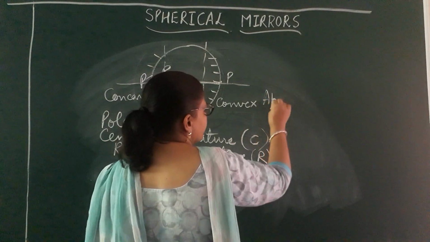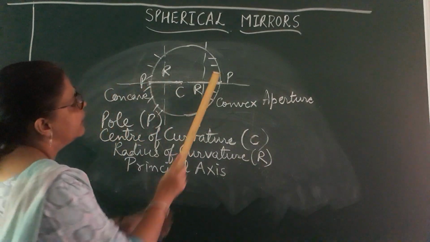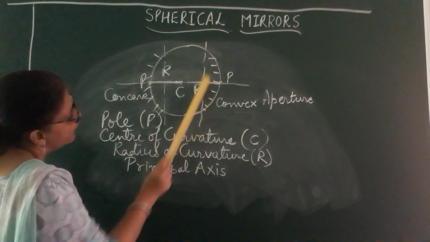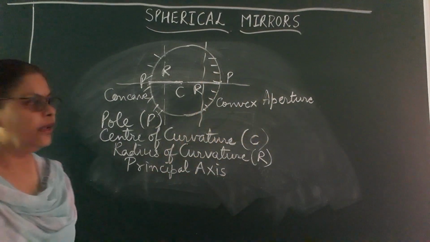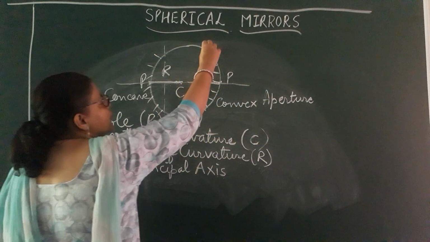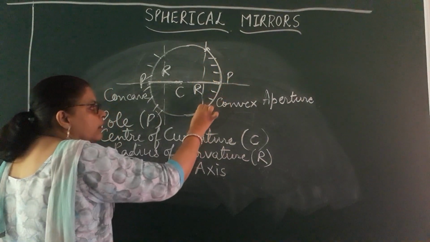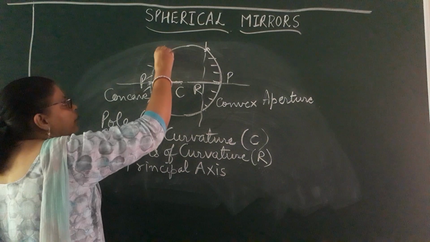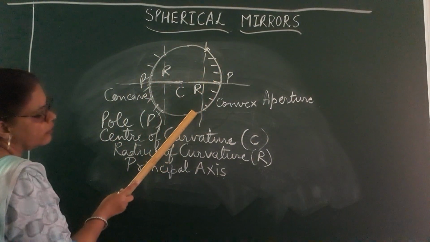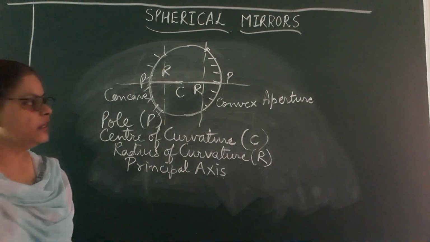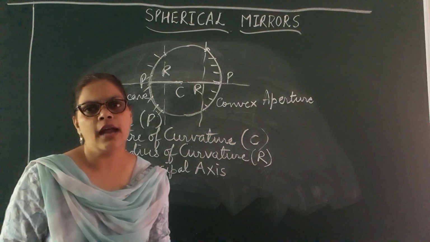Now what is aperture of the mirror? It is the surface. You can see starting from here till here is that surface of the mirror on which light could be incident. Here in this case the aperture is right beginning from here and going down to this part. Similarly over here it is from here to this part over here. So the surface of the mirror on which light could be incident is known as its aperture, and it also does not have any shorthand notation.